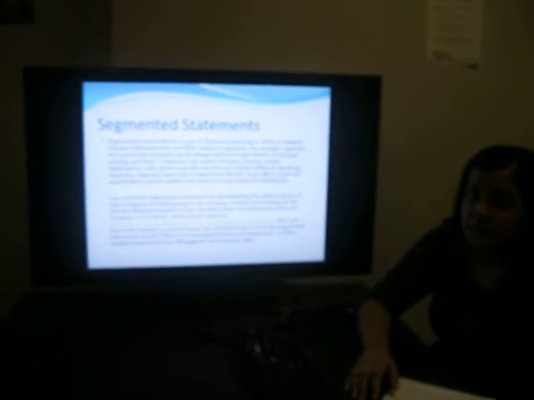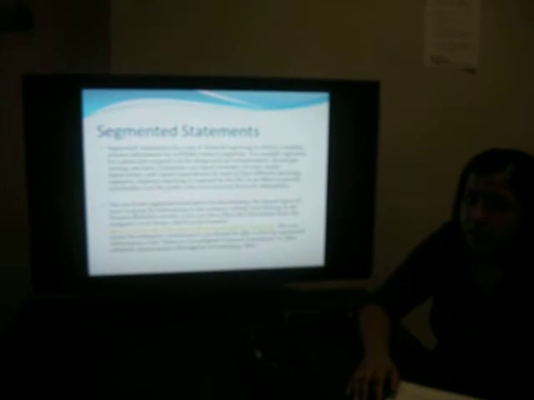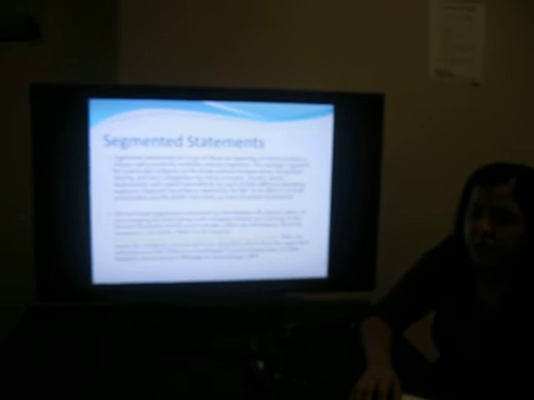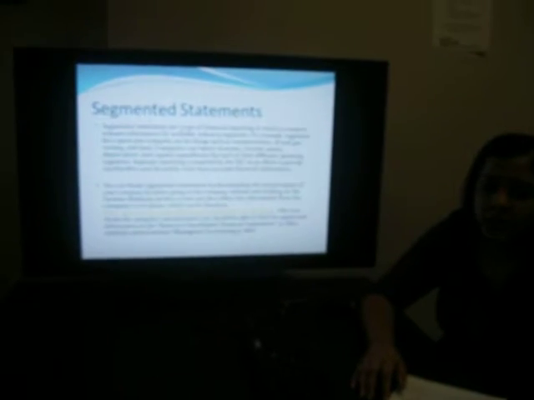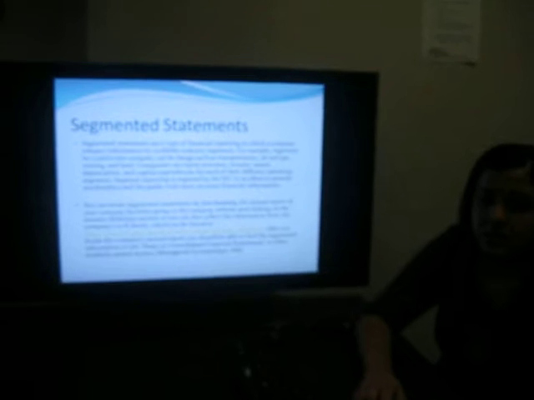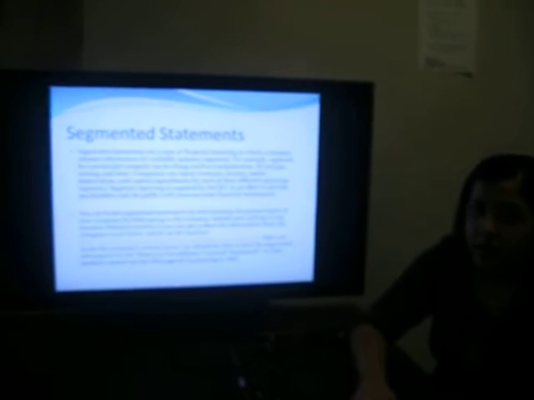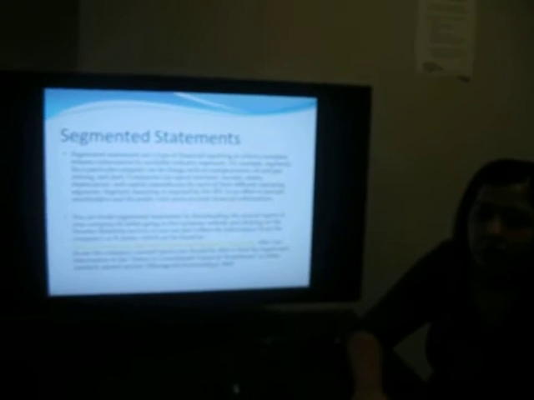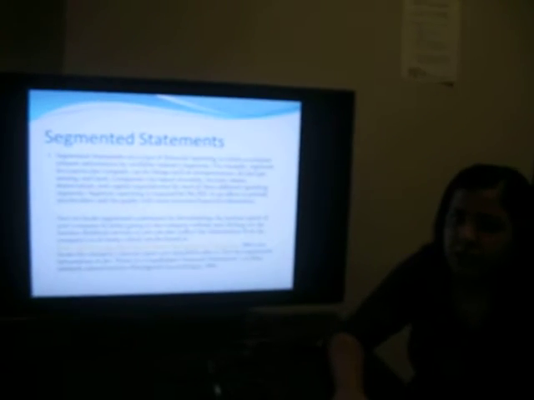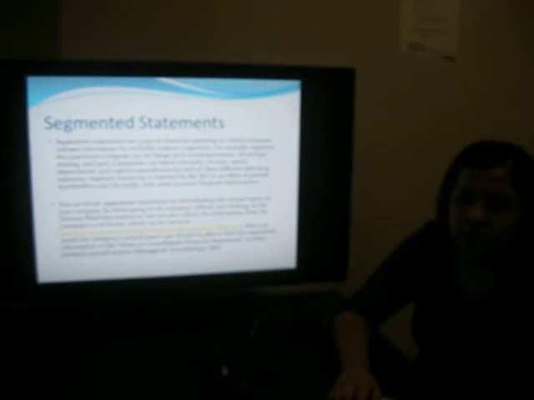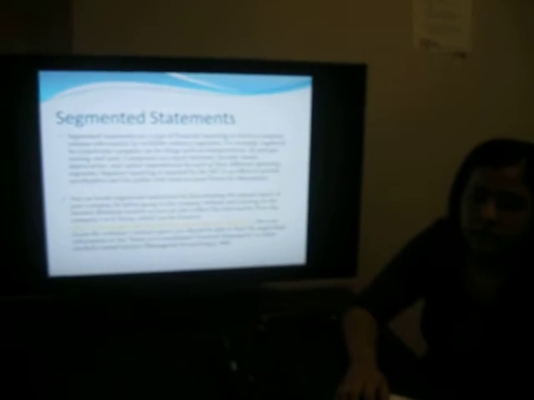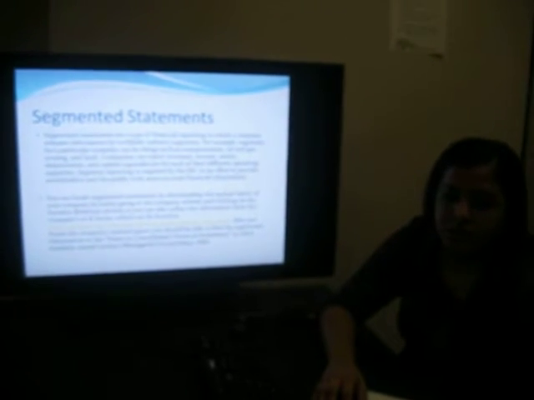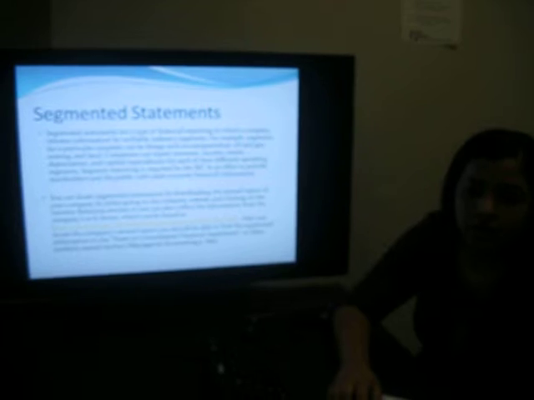Segmented statements are a type of financial reporting in which a company releases information by verifiable industry segments. For example, segments for a particular company can be things such as transportation, oil and gas, mining, and land. Companies can report revenues, income, assets, depreciation, and capital expenditures for each of their different operating segments. Segment reporting is required by the Securities and Exchange Commission in an effort to provide stockholders and the public with